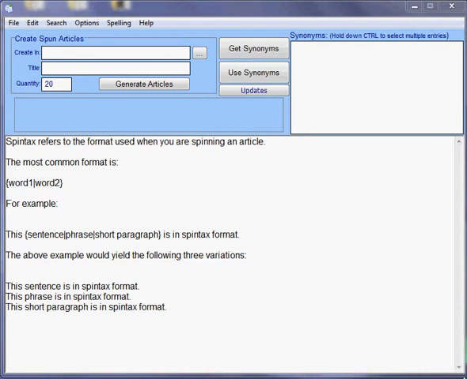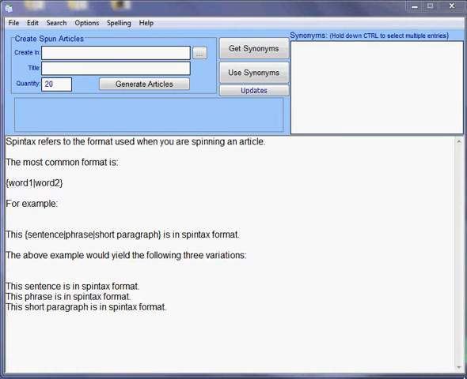In this video we're going to look at the various settings and controls that you have to spin content. The idea of this tool is to give you an editor that you can put spin tags into as you write. The benefit of that is if it normally takes you 10 minutes to write an article, with just a couple of minutes extra work as you go along popping in the necessary code, you can hit a button and